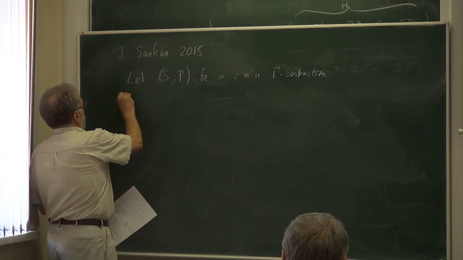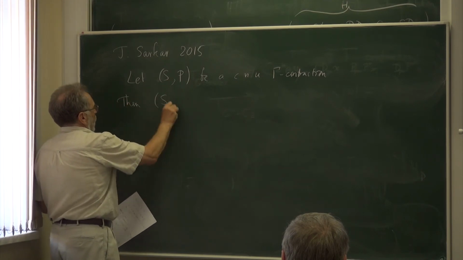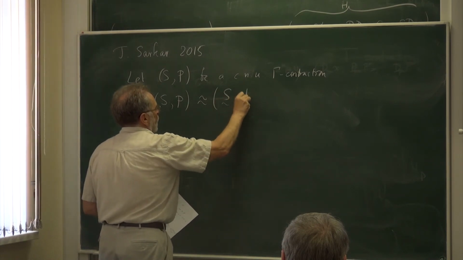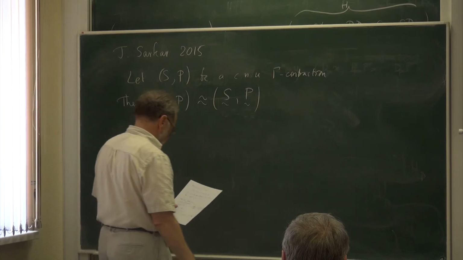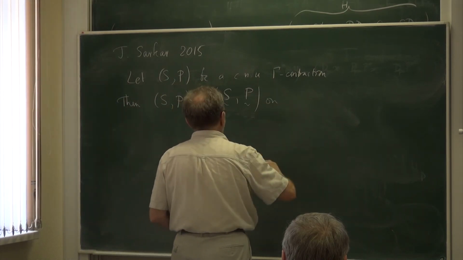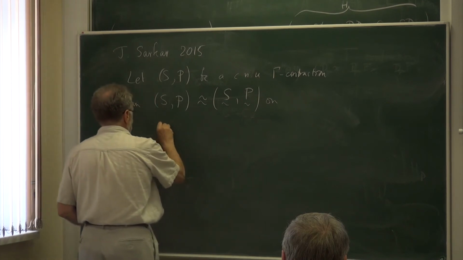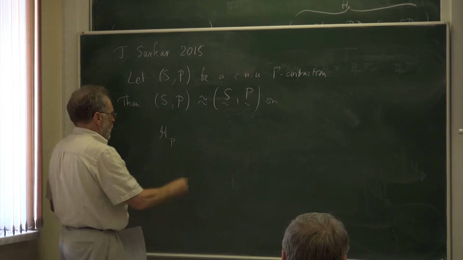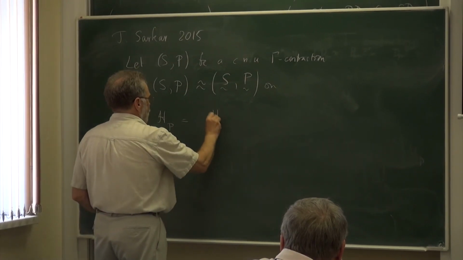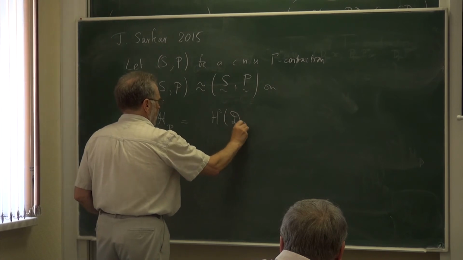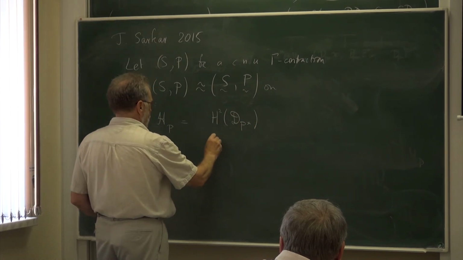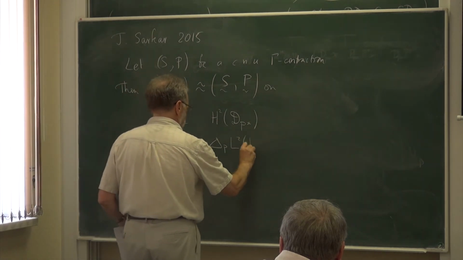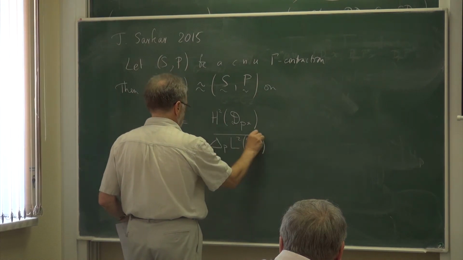Then SP is unitarily equivalent to S tilde, P tilde on the Nagy-Foias model space. So we saw this on a previous slide. So you take H2 of dP star, direct sum delta sub P L2 of dP, closure,